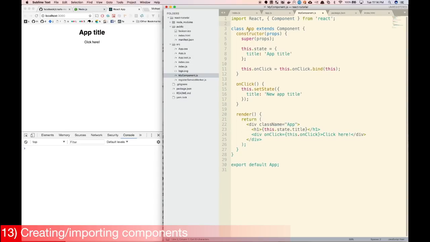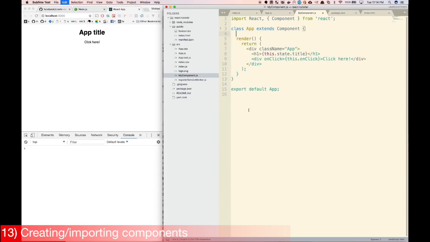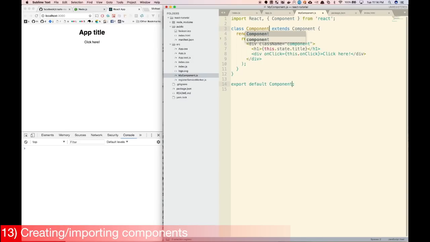Let's get rid of this CSS here, get rid of these methods here. And the render, let's just say the class name is component, and then the class will name this component here also. And let's just return a simple h1. This is a component that is dropped into another component. So now, actually, let's name this MyComponent. Just this and this, MyComponent. And then here,